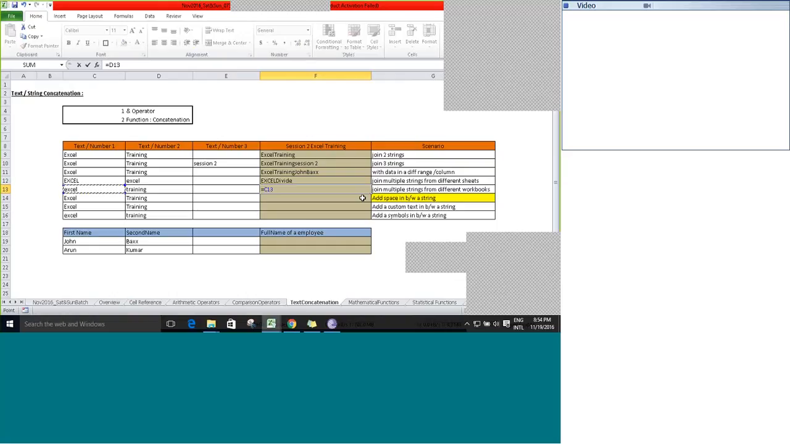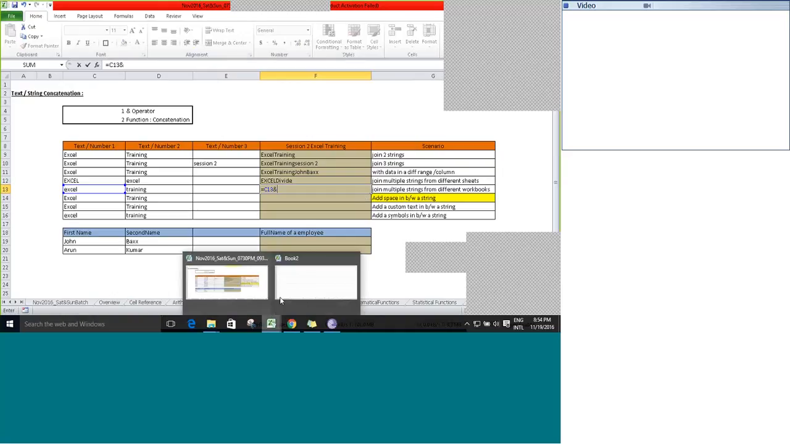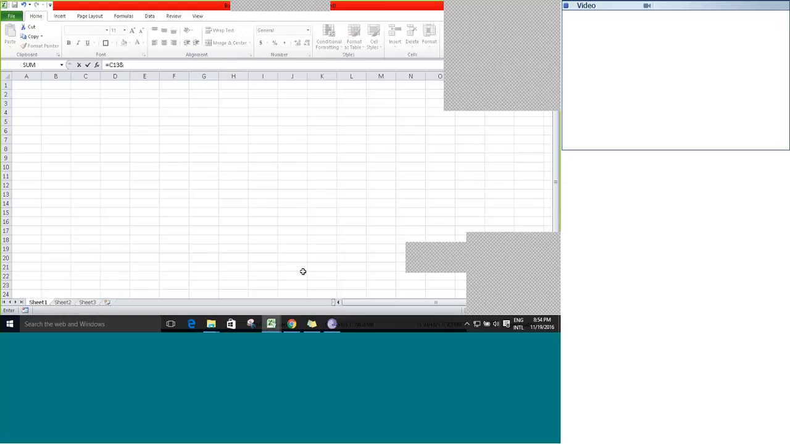Equal to, select the first cell reference, concatenate, come down and select your corresponding workbook, and within this workbook which sheet you want to select. Sheet 2, you can see C13 and symbol, and within a bracket you can see the workbook name, that is book 2 is the workbook name here. So you can see book 2 here, and what is the sheet name? Sheet 2 is the sheet name, and